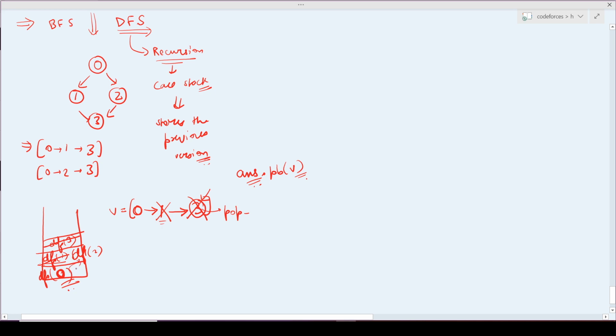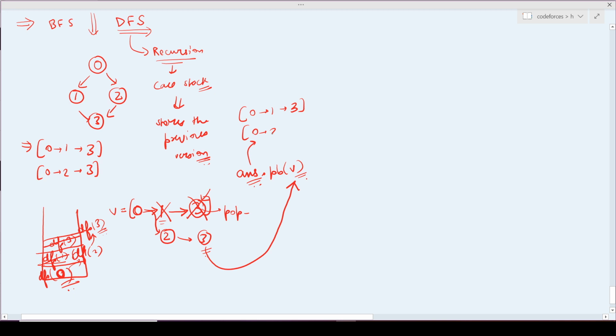So if this is the next one, I will attach 2 to it. Then I will iterate on to the DFS of 2. So I will make a DFS call to 3. Then I will attach 3. Now as I can see that I have reached the end, I will push this back again into my answer. So at last my answer will have 0, 1, 3, and I will also have 0, 2, 3.